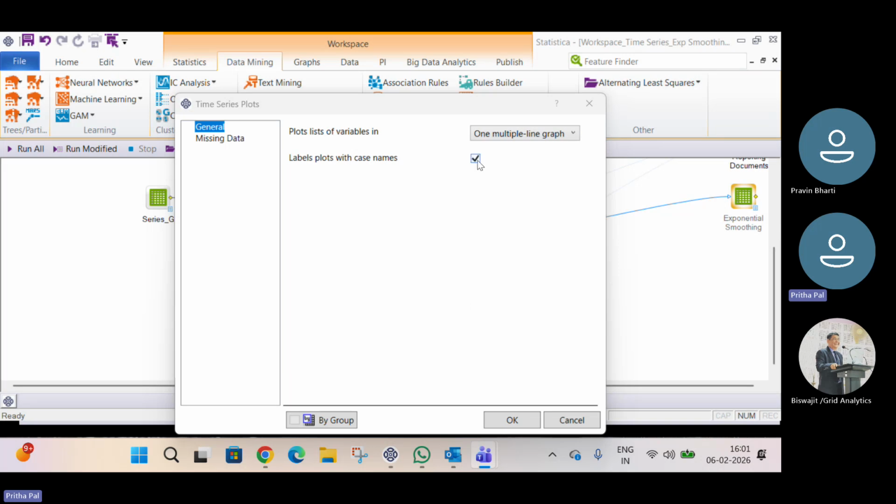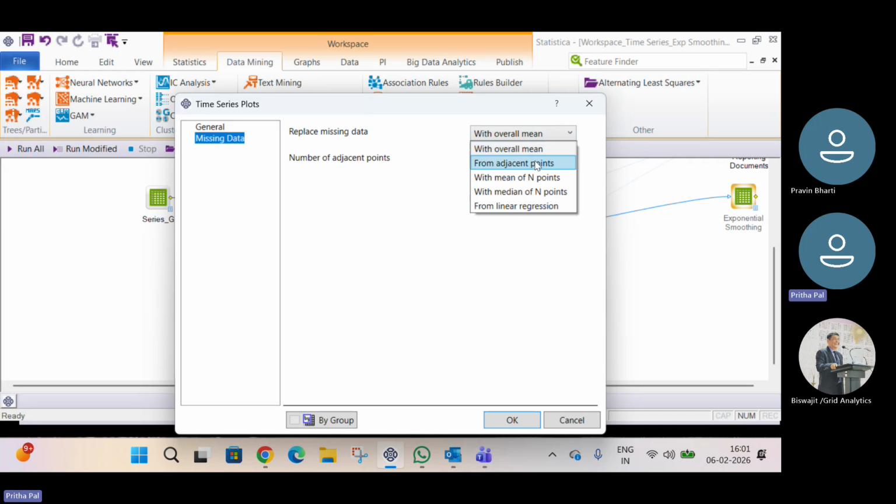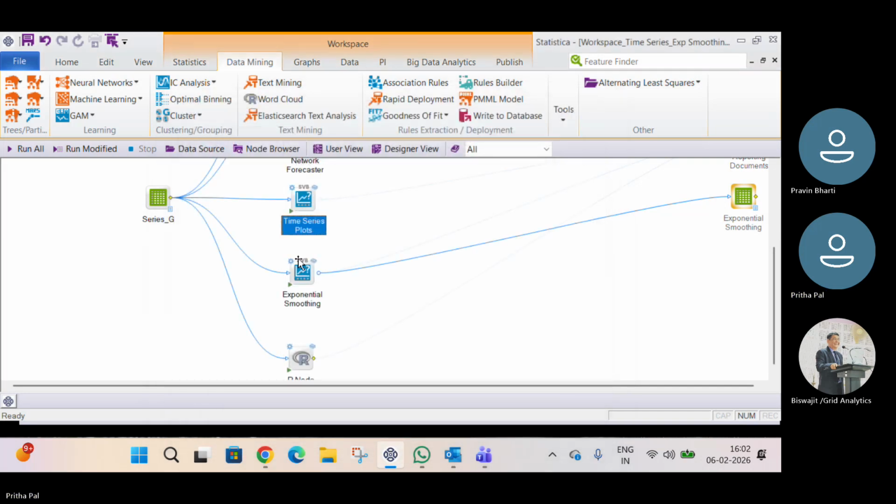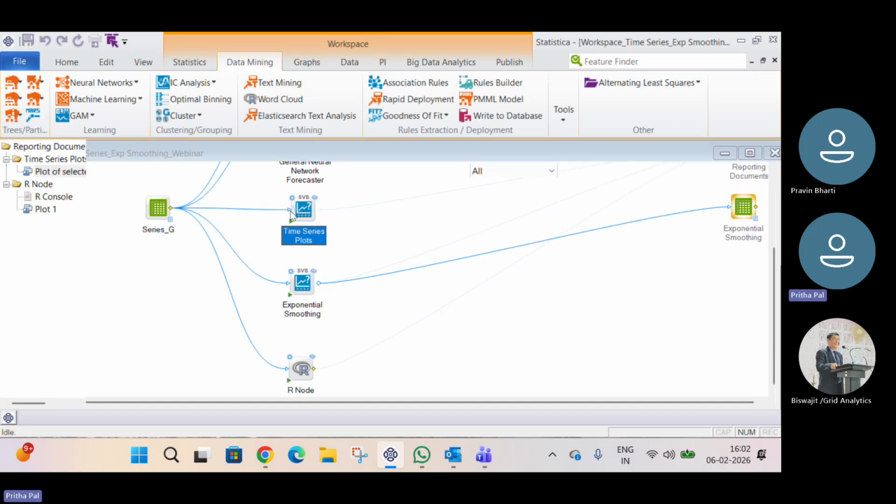So this box will be checked, and if there is any missing data present in the dataset, it will replace the missing data with the overall mean. There are several other options, but this time I am choosing the overall mean, the default option. Next, if I click the node,